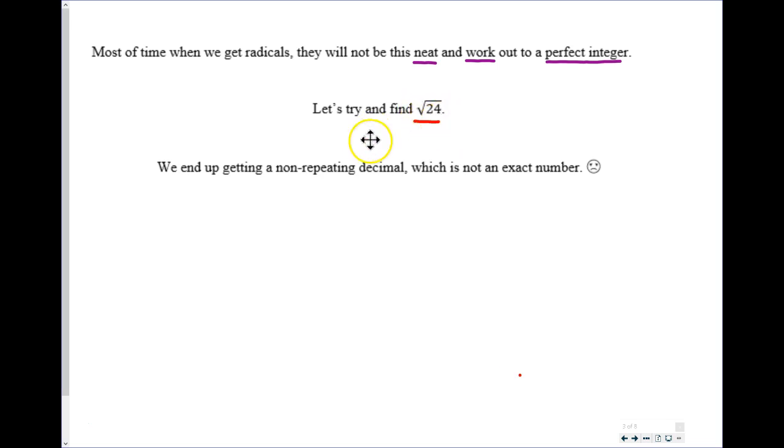Maybe it's 4. I know that 4 times 4 is 16, and I know that 5 times 5 is 25, right? And I know that 24 somehow falls in the middle of this. Okay, I know that the 24 is between 16 and 25, so that means my answer has to be between 4 and 5. Because 4 is too small. 4 is only 16, and 5 gives me 25. That's too big, so it's got to fall somewhere between, which means that the only numbers between 4 and 5